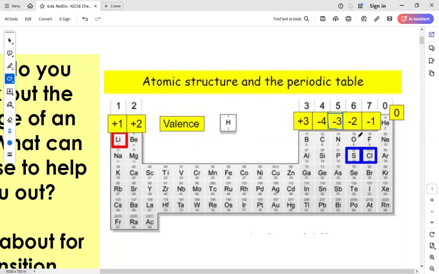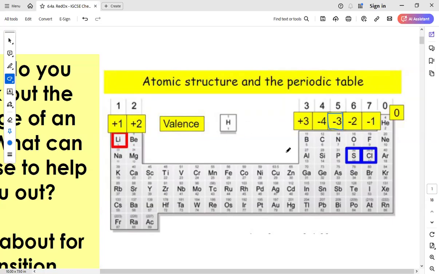But that's where the catch is. The oxidation state is not equal to the charge. Okay, if you have a simple ion, then it's equal to the charge, but oxidation state is not necessarily equal to the charge. Okay, so you can see कि यहाँ पर जो valency है of group 5 elements is -3,